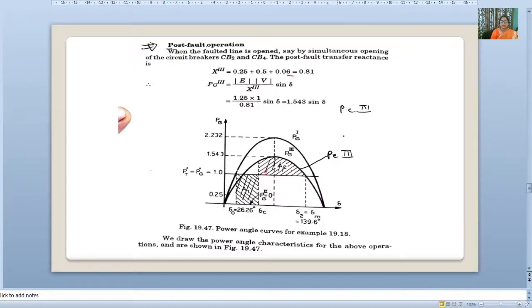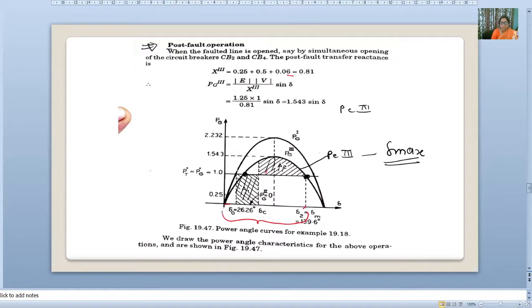Okay, only one line is working. Now from P3 we are getting del max, because you can see here, this is our del max. This P3 is intersecting at 2 points, at this point and at this point. Okay, if I want to calculate this value, let me take another pen.